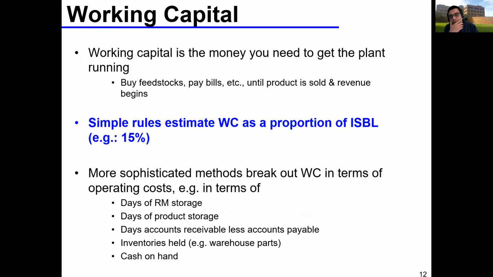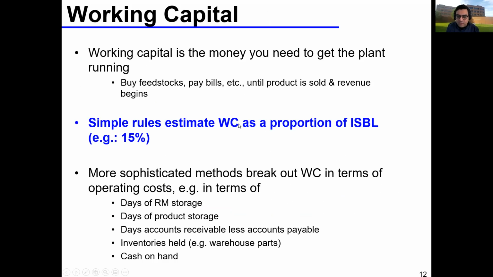So the second thing is the working capital. It's the money you need to get the plant running. And all of these concepts, I'm sure you've all been introduced to at some stage, where you have your capital cost, you have your operating cost. But basically the working capital is how much money you need to get this plant started. It's not operating costs, it's just the money you need to start up the plant, right? To buy the feedstocks, to pay bills, etc.,